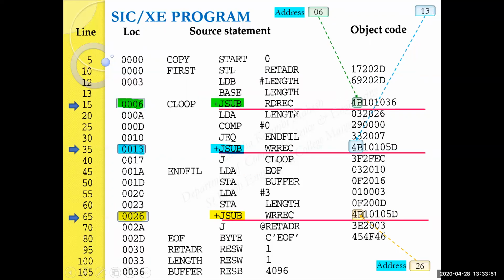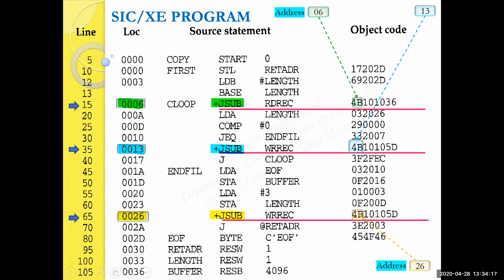The address corresponding to the operand field, that is RDREC, will be placed in the memory in the immediate next location. Likewise, if we consider the second instruction, at line number 35, the starting address here is 13, wherein 4B is stored. Similarly, for the instruction in line number 65, the opcode, that is 4B, will be placed